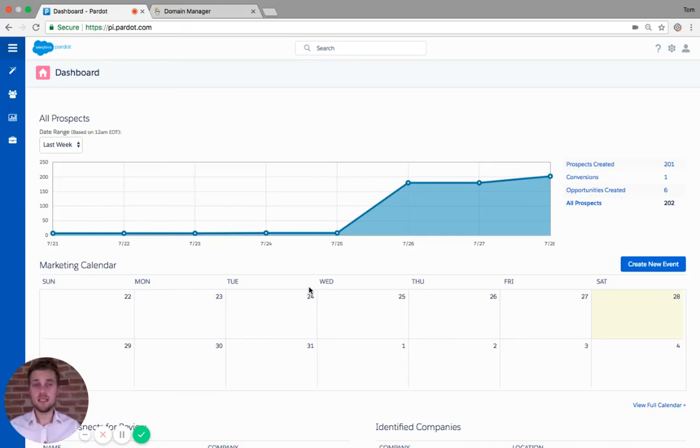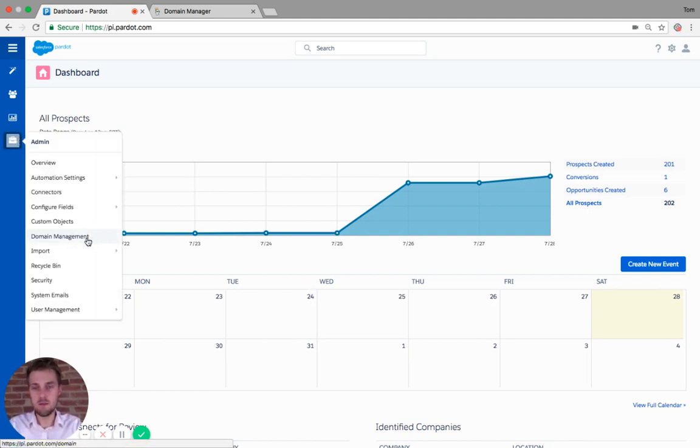What we need to do now is set up the technical part within Pardot so that we can send email campaigns effectively. By this, I mean we want to make sure that we have the best chance of our emails going into the actual email folder and not going into spam. So what we need to do is head to Admin, Domain Management,